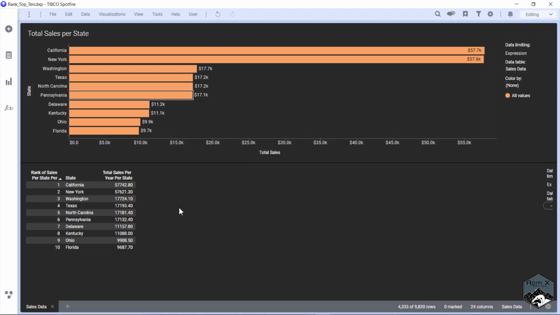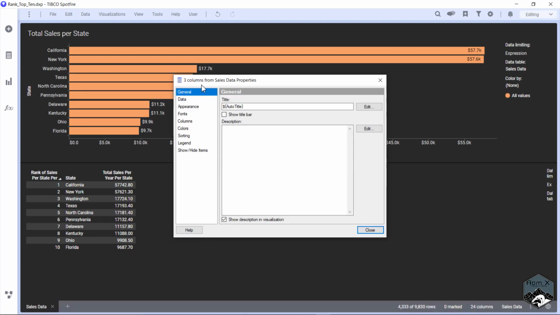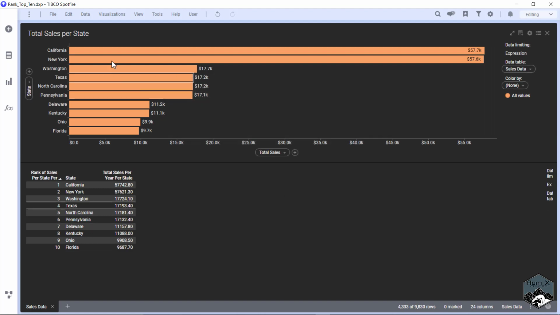But what if we have it in the table format down here below? You right click, go to properties. This is your data table visualization, and there's no formatting button. So what you do is hit close, go to data,